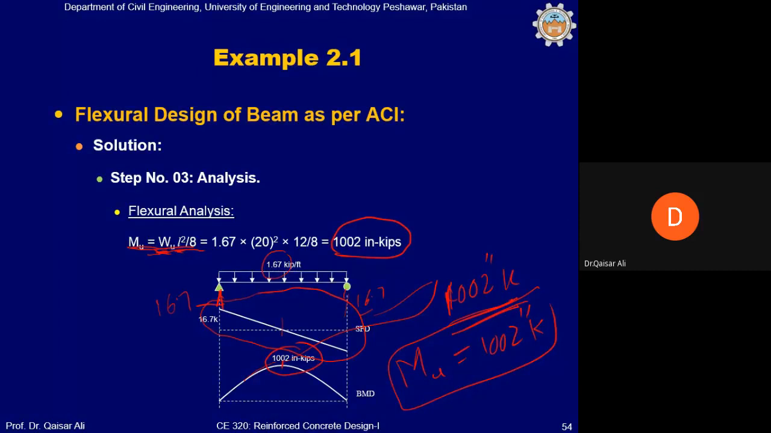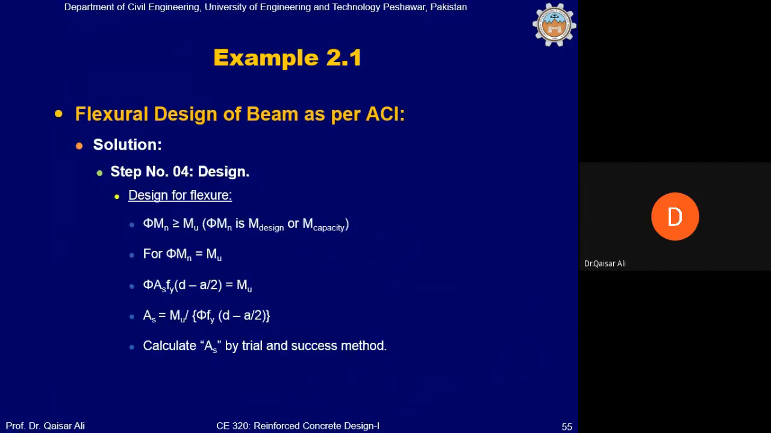And the resisting moment will then depend on the material. Resisting moment. The moment should resist this Mu. The resisting moment will come from phi Mn. Okay, now there's one more thing that you should learn and remember, that according to the ACI code,